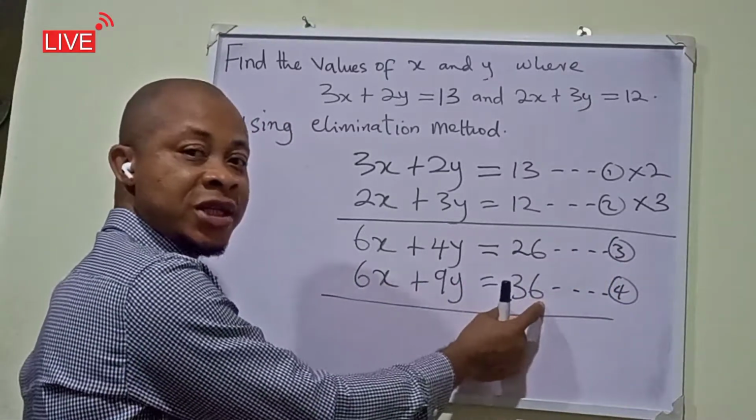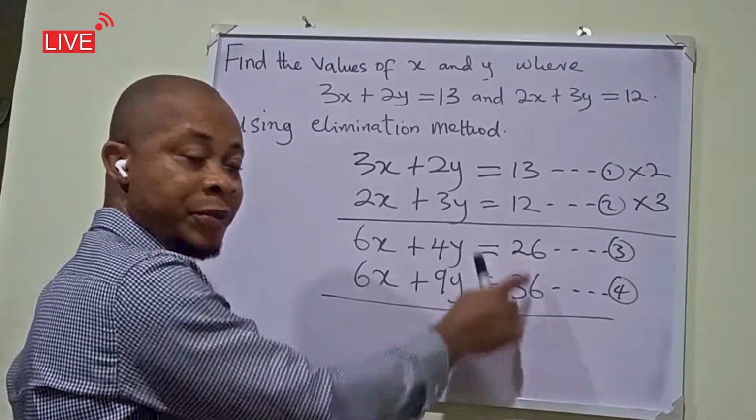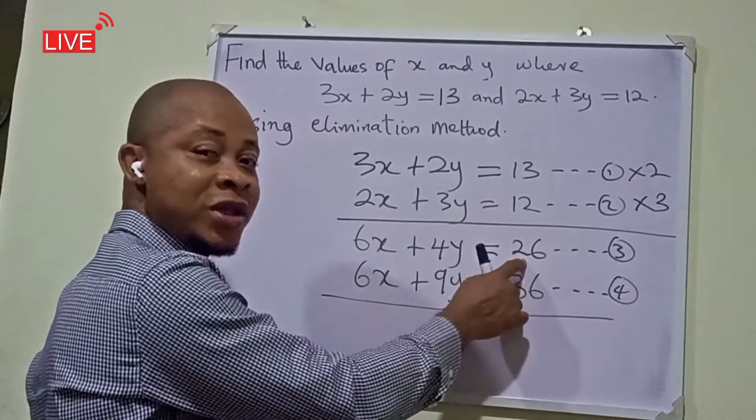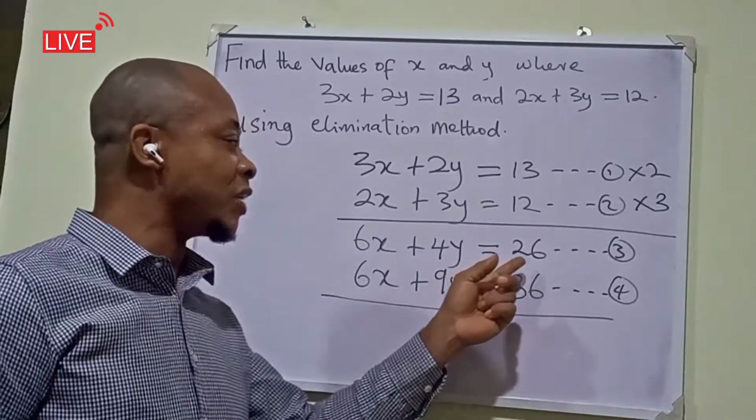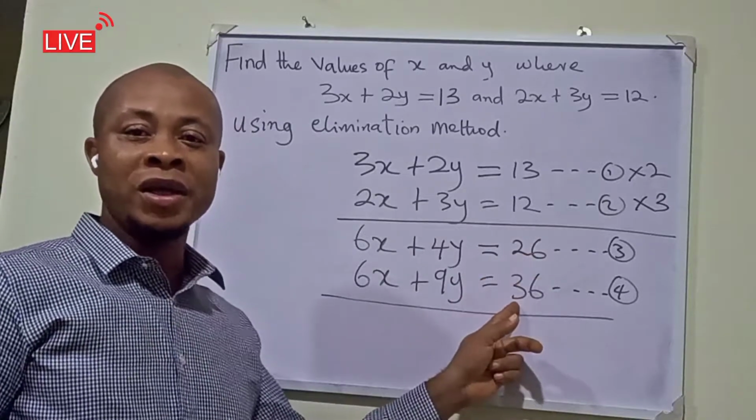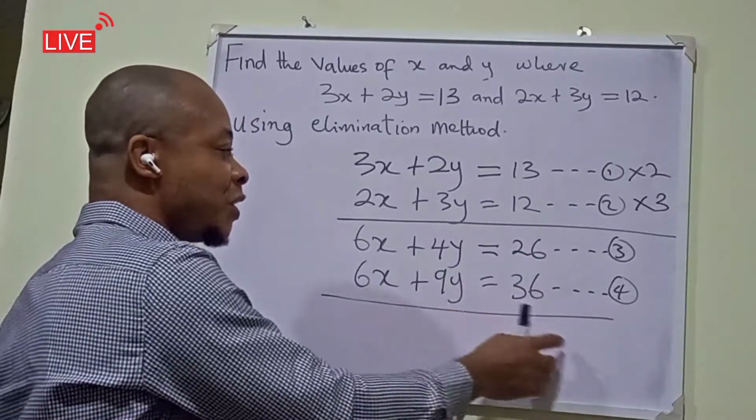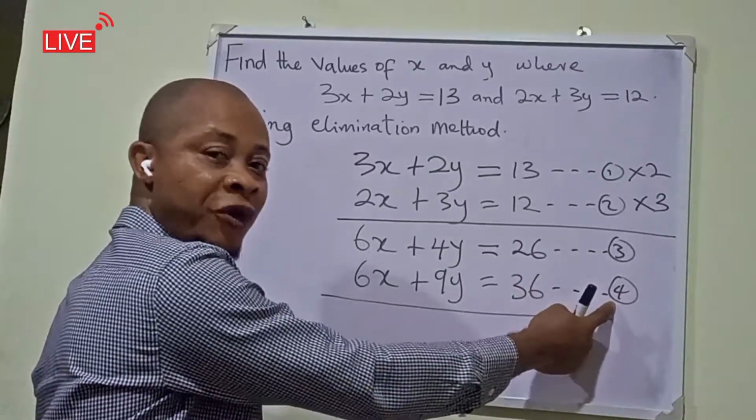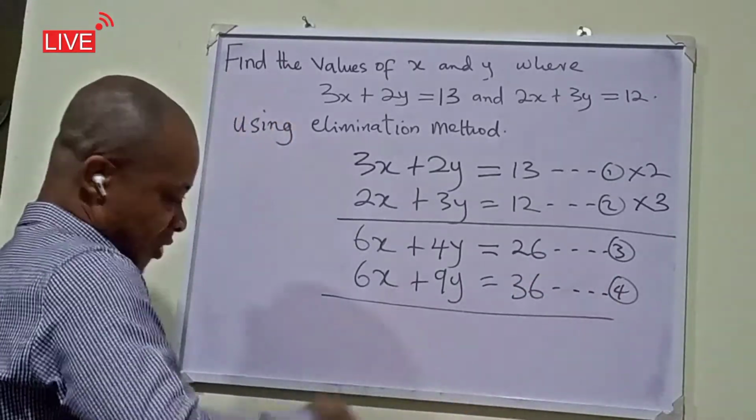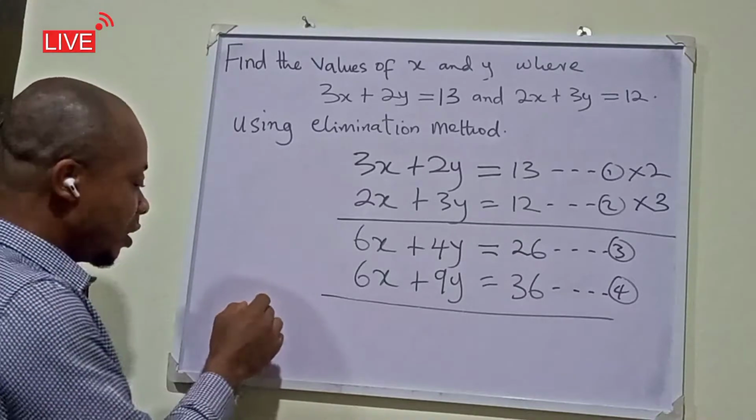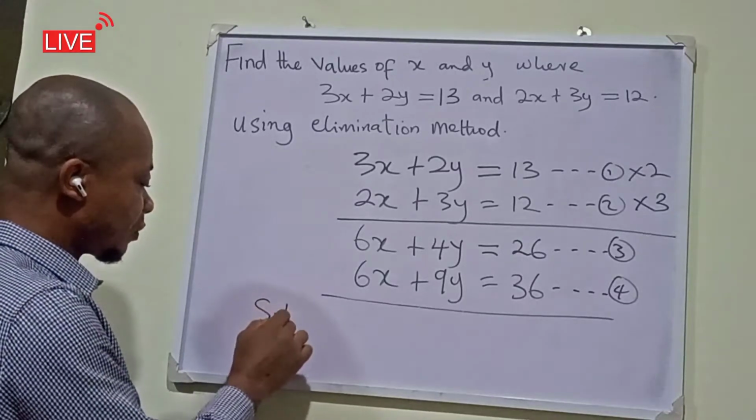Equation 4 is higher than equation 3 because this is 36 and this is 26. So we are going to subtract the smallest one from the largest one. Alright? So we are going to subtract equation 3 from equation 4. Okay? So you can tell your examiner, you can say subtract